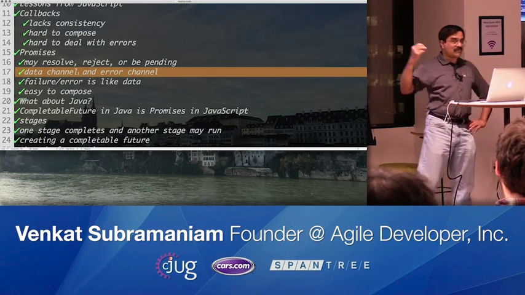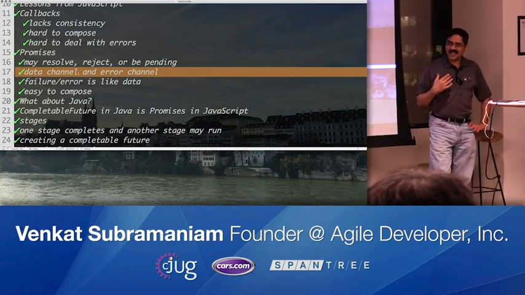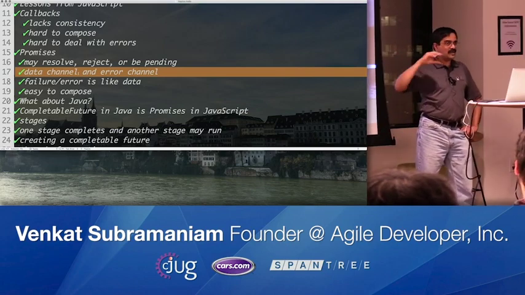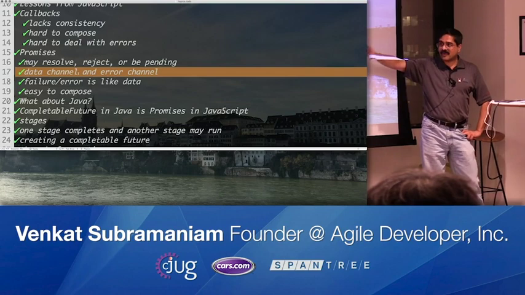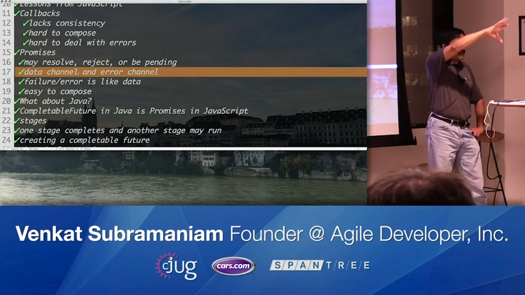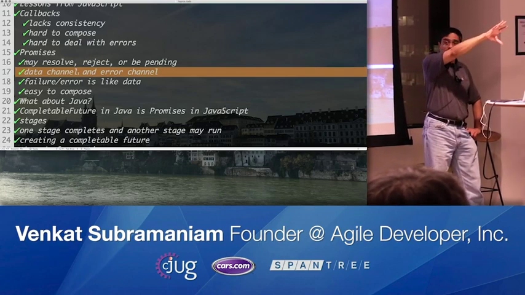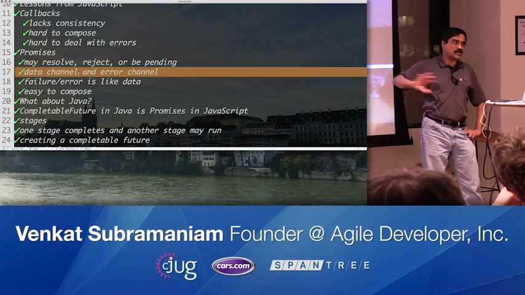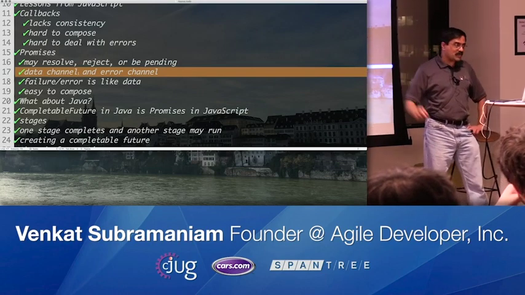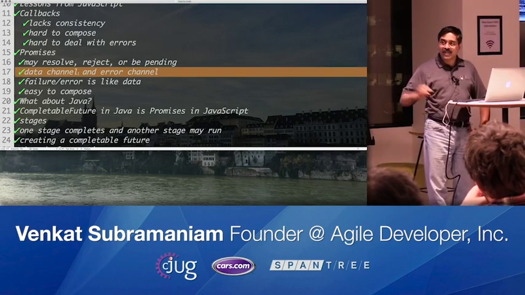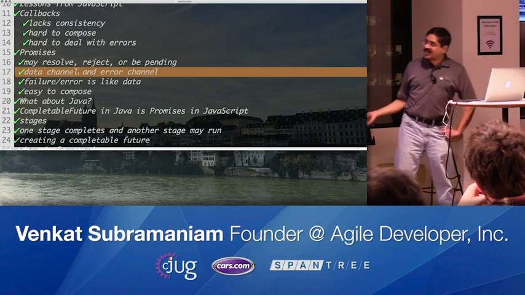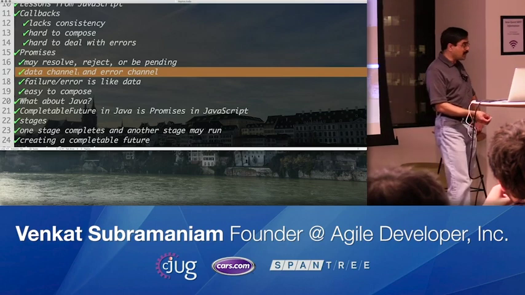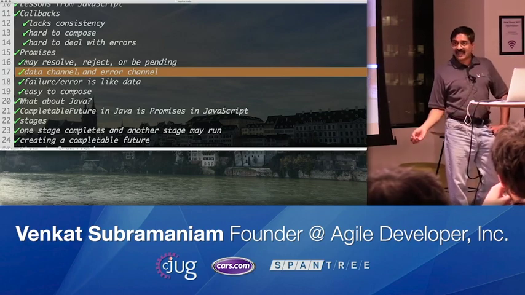A CompletableFuture forms a functional pipeline. When you form this functional pipeline, you go through a series of transformations from one promise, which is a reject or a resolve, to the next one and the next one, and you flow through this pipeline. As you flow through it, you can perform transformations and actions. Transformations use thenApply, actions use thenAccept.